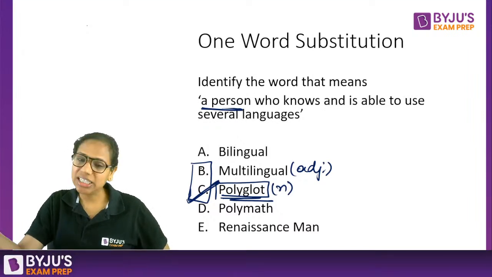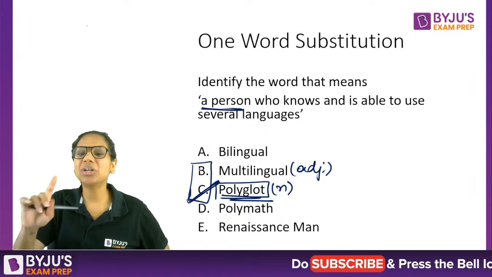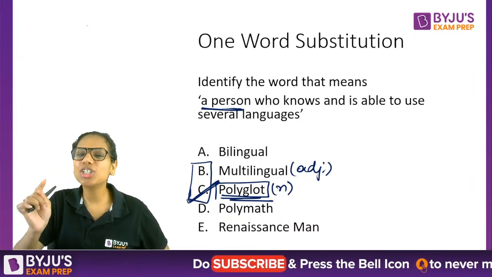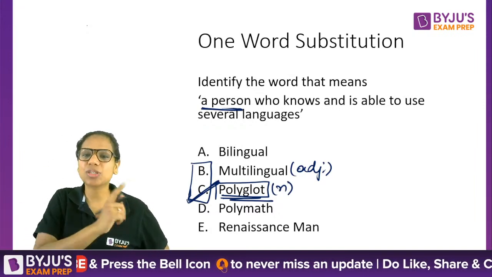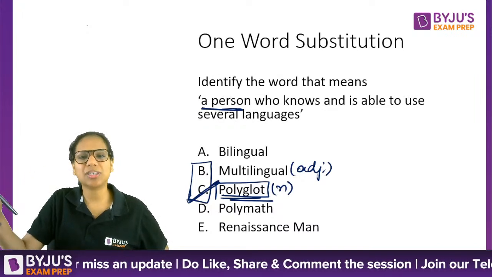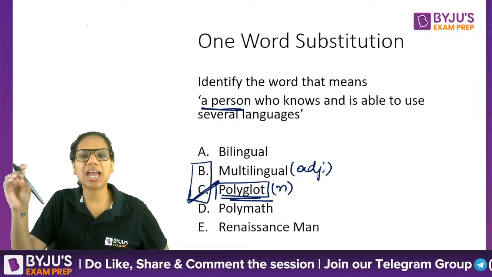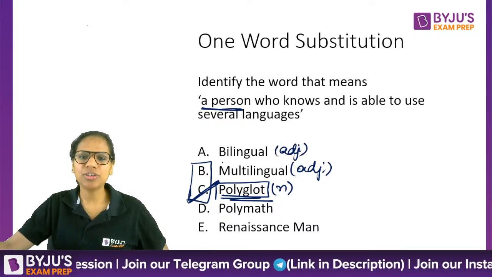So ideally, I don't expect such close options in your exam, but I gave it to you to tell you the difference between parts of speech. Sometimes grammar can be of help. That's why in the previous question also I was telling you, okay, this is a noun, this is a verb. Sometimes, in limited cases, grammar can be of help. Here, bilingual is an adjective, and anyway,